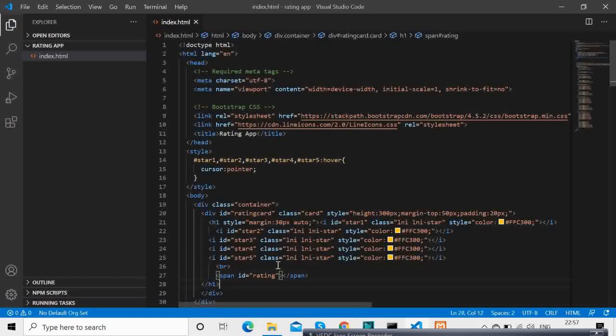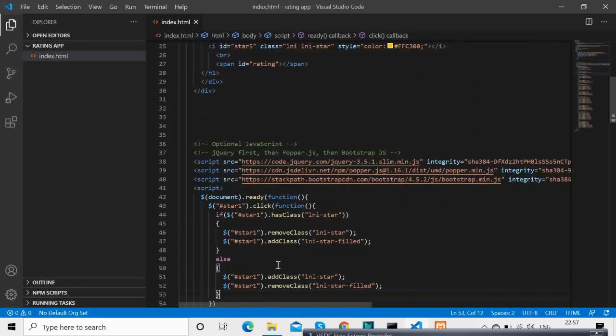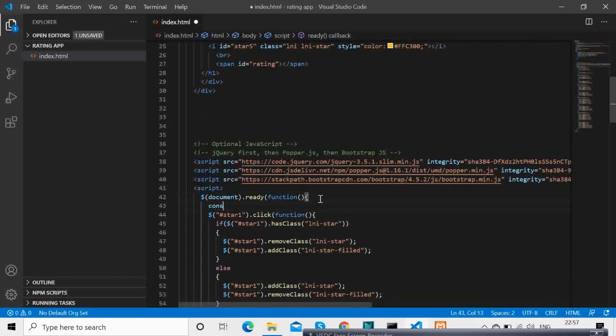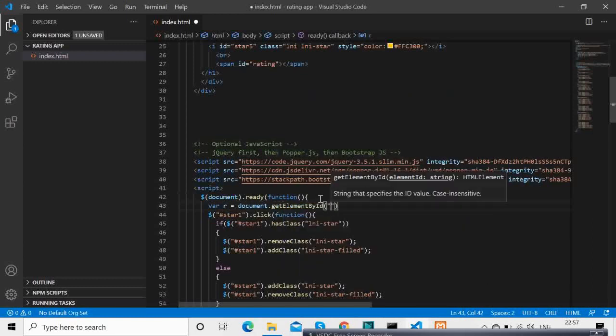That was the reason I added this span with ID rating. Here I got it through document.getElementById, but you can always get it using query selectors, etc. So I grabbed the rating ID.